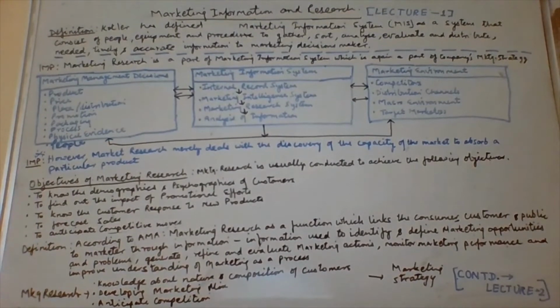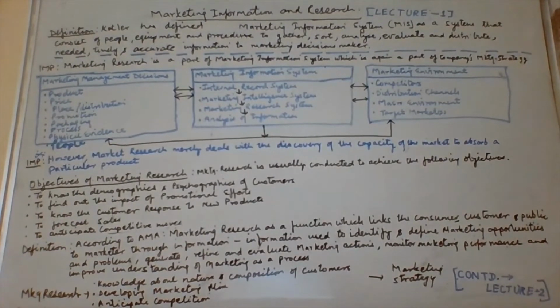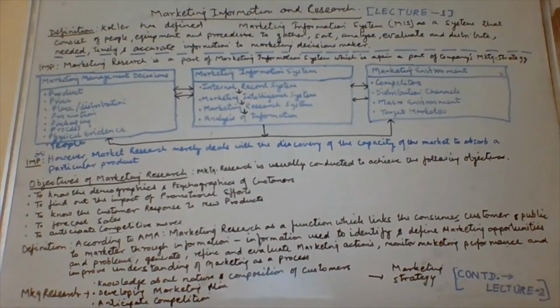So marketing is a process, and we discussed this when we discussed the introduction of marketing. It is called a process because it is an ongoing activity, owing to changes in the marketing environment. If I summarize marketing research before going further into the details, it is the knowledge about the nature and the composition of the customers. The nature is the types of people, and the composition is how much. For example, if I take one aspect, that is gender, the composition would be how many females and how many males there are.